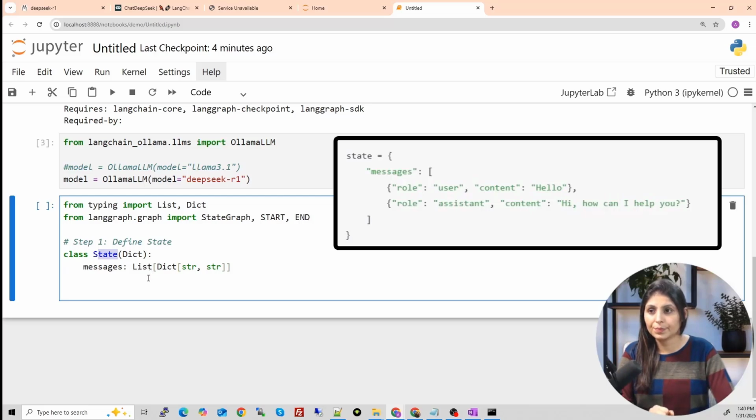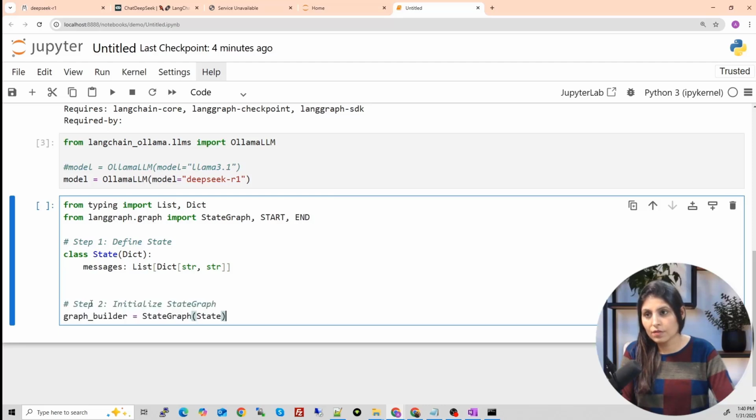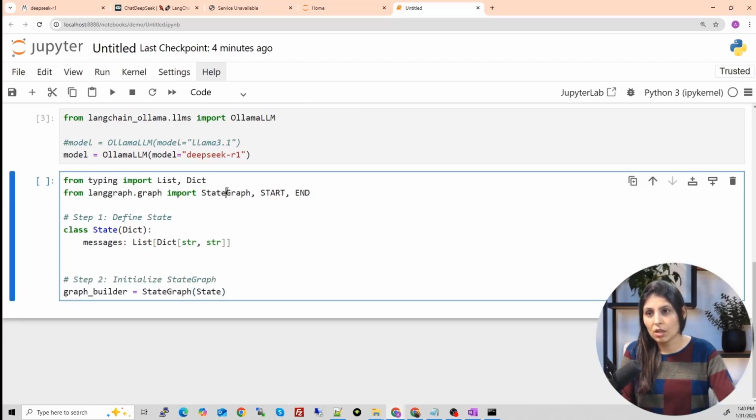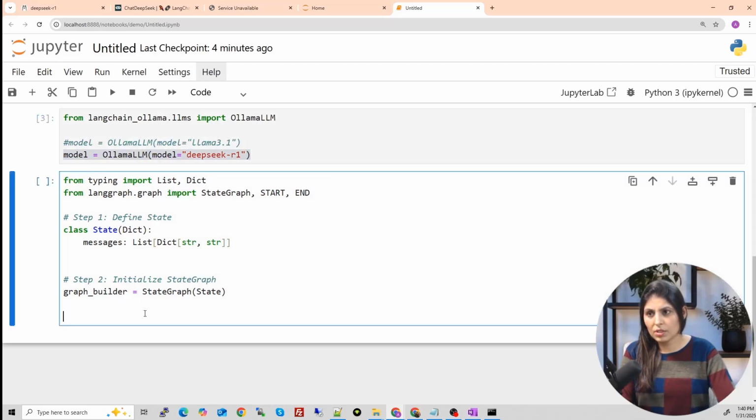So this is what the list of dictionaries means, and this is how you are going to create the memory of the chatbot. Now the next step is to initialize the state graph. So this is how you can initialize it. We have imported the state graph over here. So I have a variable, and in that variable I'm calling the state graph. I'm initializing the state graph, and we are providing the state to it. Now the LLM we have already defined, so just copy this from here and let's save it in the LLM variable. This is the LLM which the chatbot will use to answer the user's query.